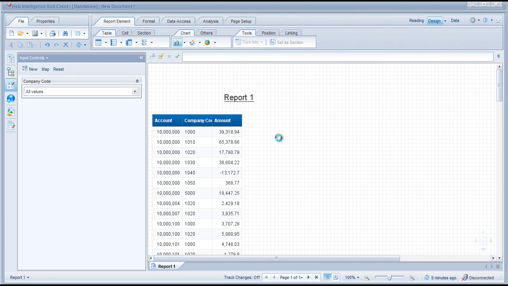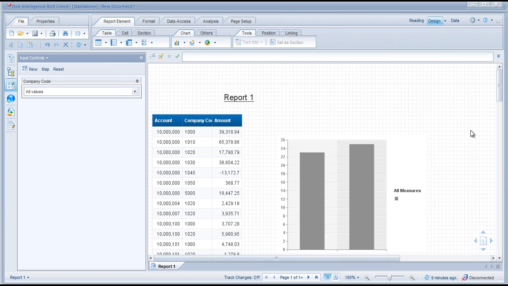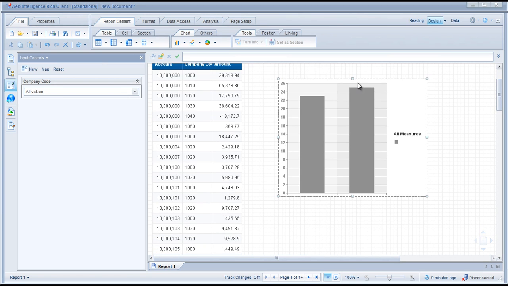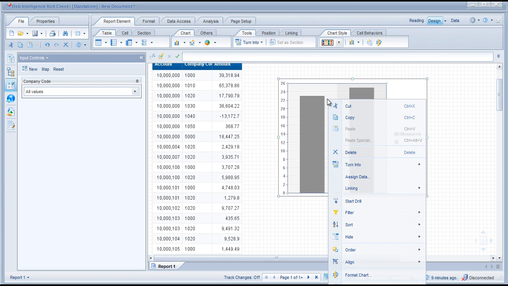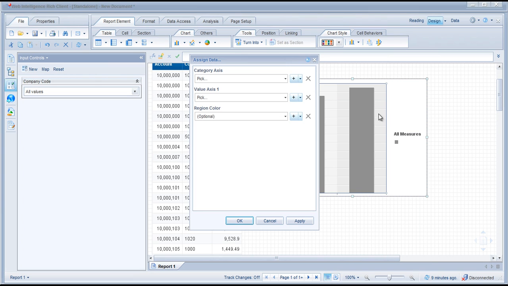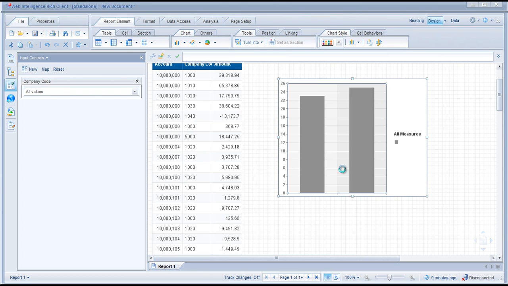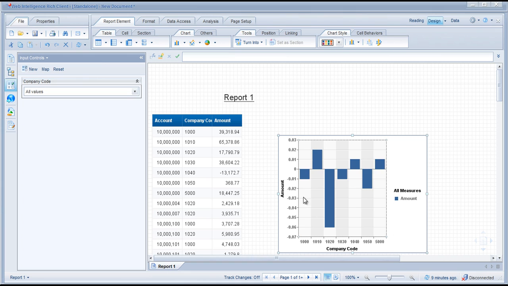So I say okay. Once it's placed, we can assign data to it. Just right click and say assign data. It asks me what element do you want to place on the x-axis. I'm going to say company code, and on the y-axis it's going to be my amount. So I say okay, and so easily it gives me a